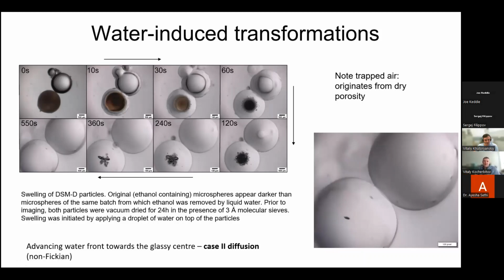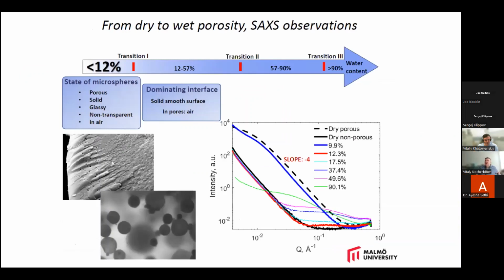because porosity on the nano level means that the wavelengths of light, which have the same order of magnitude in size, should be scattered in it, which produces this color. So this is one more piece of evidence of dry porosity. But coming back to the wet porosity, we also try to quantify it using small angle X-ray scattering, and